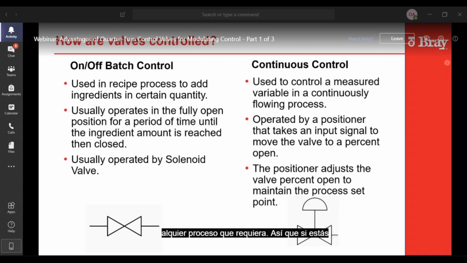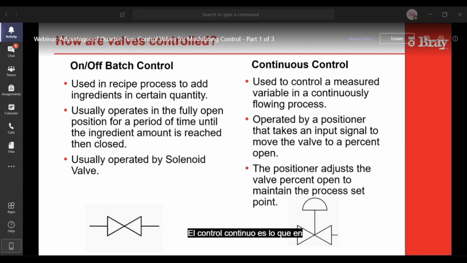So if you're making a batch of dough, you open the valve that dumps all the flour in first, and then you open a valve that dumps in the milk, and they're all opened on a timer, and it may be verified by a weigh scale underneath the vessel, and then everything closes and you mix the process. The mixer mixes it. So that's a batch process that's pretty simple.